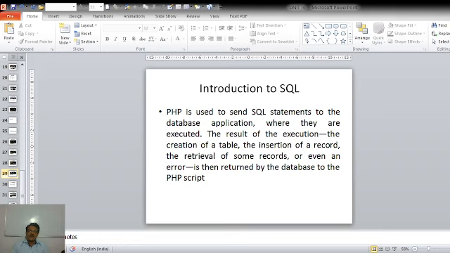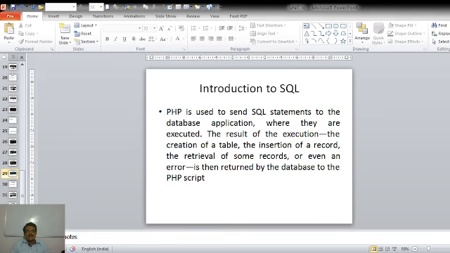Means PHP is used to send the SQL statements to the MySQL database where they are executed. The MySQL database will execute this SQL statement because PHP doesn't understand what is written in SQL, but the database will understand what this SQL means. So that is why PHP is used to send these SQL statements to the database.